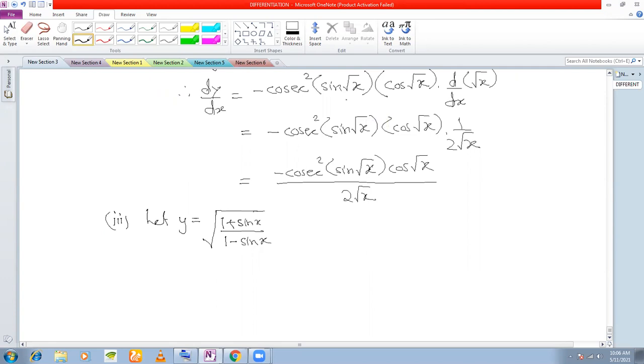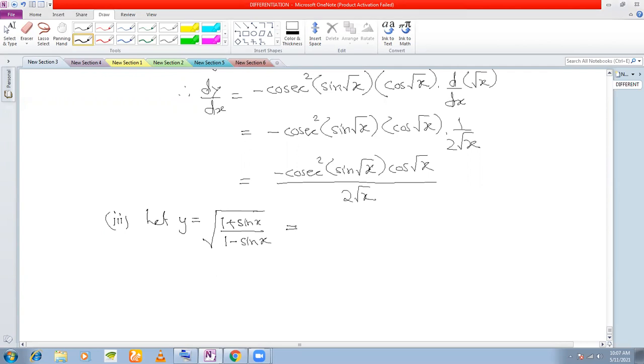Yes, Tanisha. So we can divide by cos, and then it will come tan plus sec. See, a little bit of trigonometry knowledge is required here. If you just manipulate this instead of using the u by v rule, because if you use the u by v rule, it's going to become very, very lengthy. You just need to simplify it with a little bit of trigonometry, and your differentiation will become very easy.